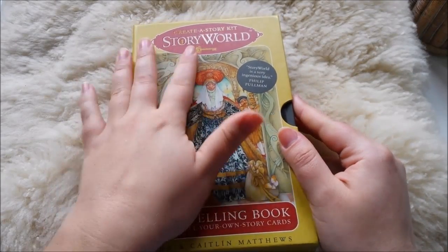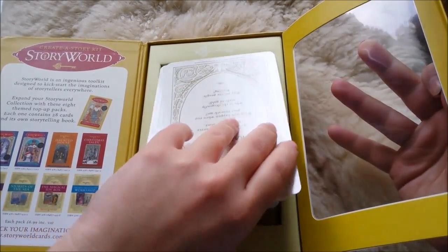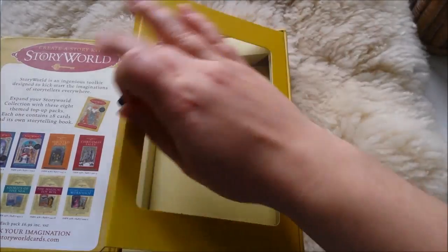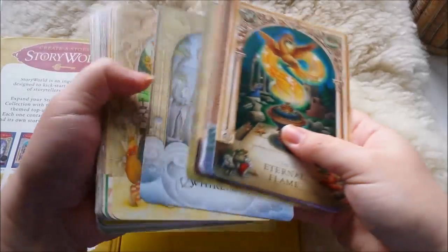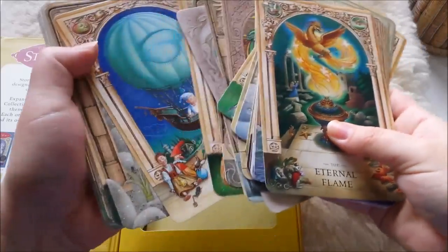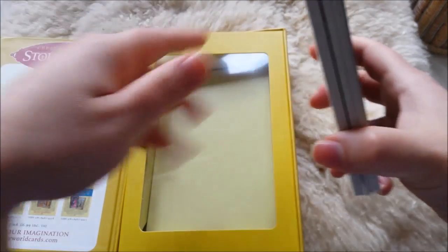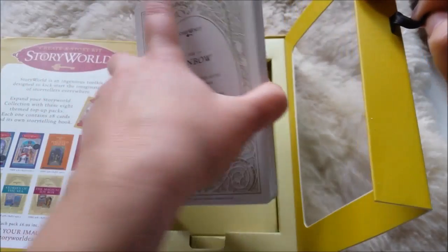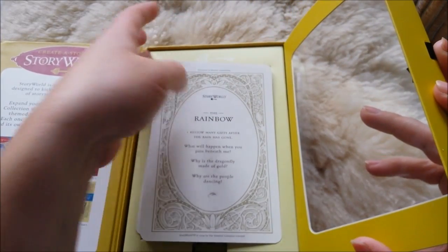So I start with this one. I do have the Story World cards. I do have 2 packs actually. I do have the Story World Classic kit and the Quest and Adventures, and I created kind of my own deck with it. So these are the cards that I put out. I might actually be changing this up once I got another deck that I'm watching online, because I ordered 2 other kits. I ordered the Legends of the Sea kit and I ordered the Animals kit,